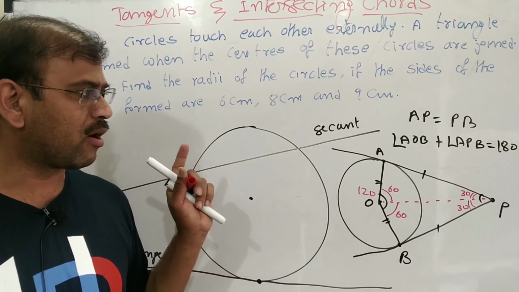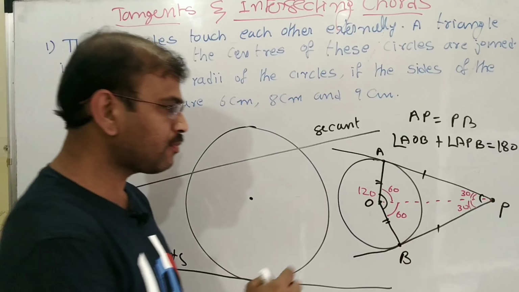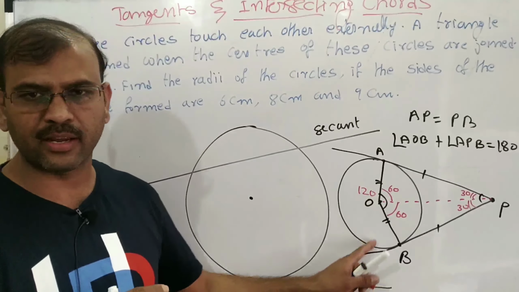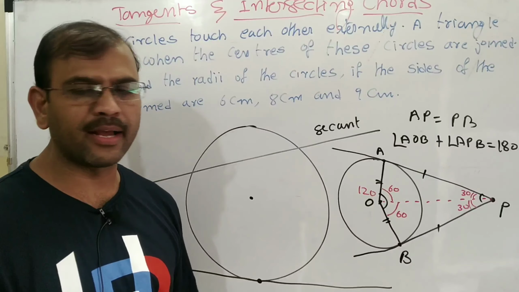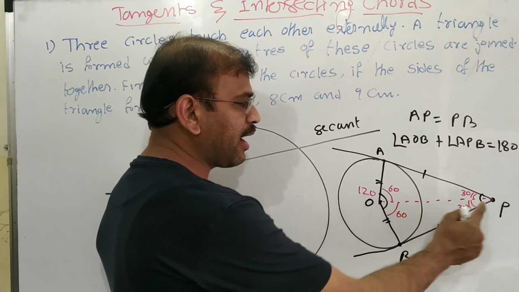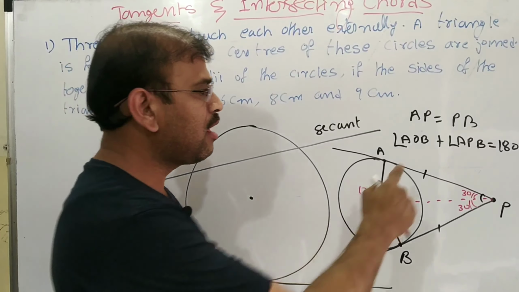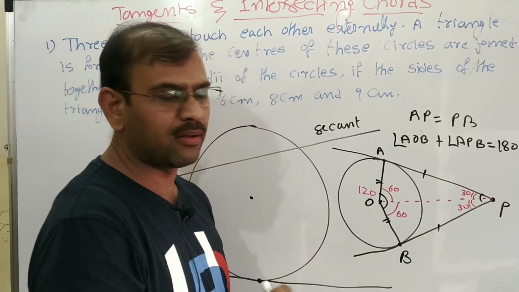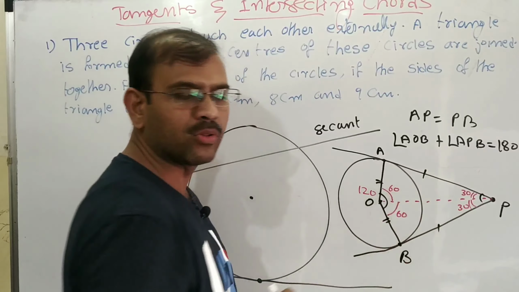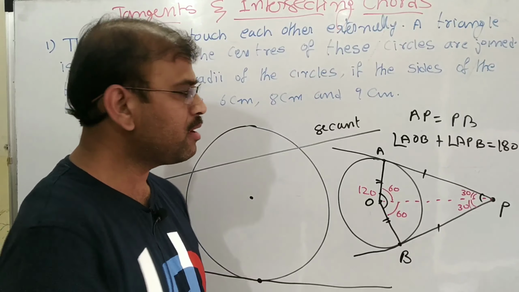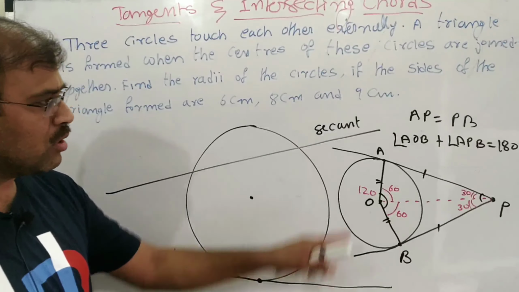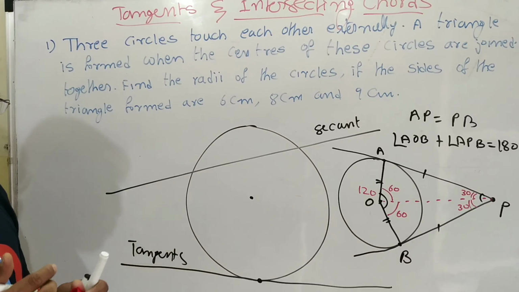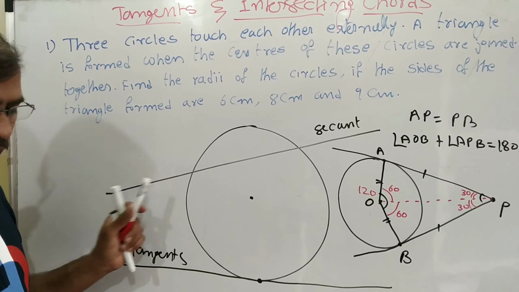Now listen once again, I am going to explain all the properties. From the exterior point, if you draw 2 tangents to the circle, then the lengths of the tangents are equal. The center angle and exterior angle always add up to 180 degrees. When I draw the bisecting line, the angle is bisected in both places. So these are the introduction about the tangents. Now I will solve one question. Listen carefully.